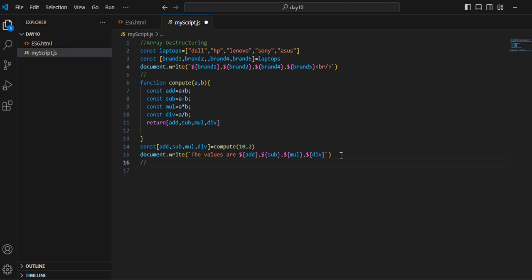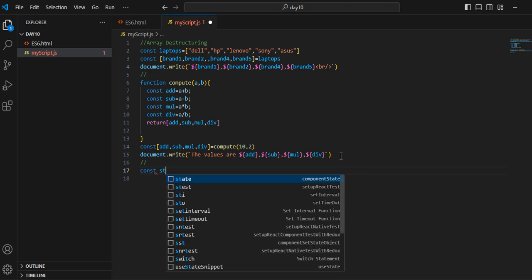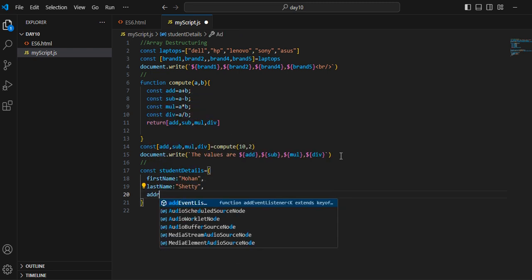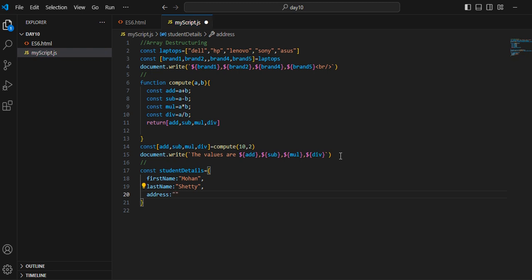Next is how destructuring happens when it is an object. For example, if we have an object of student details is equal to first name is Mohan, last name is Shetty, address Bangalore,